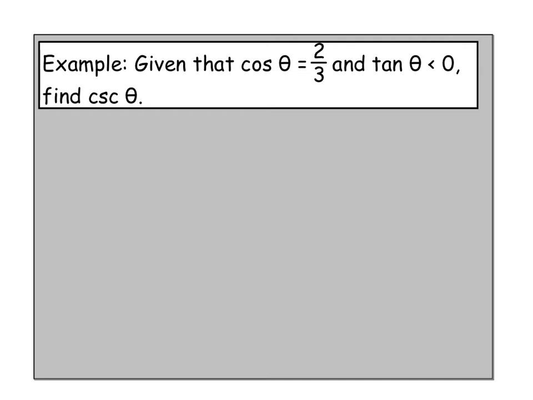Okay, so let's think about what we know. Cosine being 2/3, that's telling me cosine, of course, is the adjacent over the hypotenuse. Now here's the deal with these. We have to make sure we get in the right quadrant, because cosine equaling 2/3 could either be a triangle like this, where our angle's here, and the adjacent is 2, and the hypotenuse is 3. Or